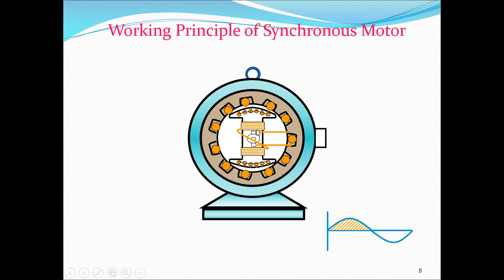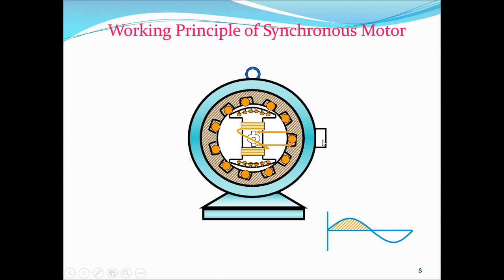This is the rotor, this is the shaft, these are the brushes. It contains the field winding, which is given DC excitation, and this is the damper winding; all damper windings are connected in series. And this one is the laminated stator frame. It contains slots on the inner periphery where we have the stator winding. This is the terminal box. These stator windings are brought out and connected to the supply.